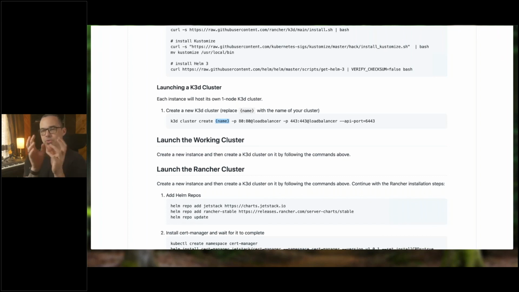It's possible to run multiple. So the idea behind K3D is if you have a local machine, you can run multiple K3D clusters and you can start and stop them. So you can have them for different projects or whatever that you're working on. We're only going to launch one on each of the nodes that we're going to create, so it doesn't matter what you call it. We're then going to forward port 80 to port 80 on a node inside of the K3S cluster that we're creating,